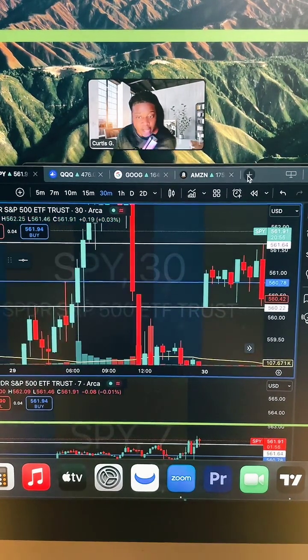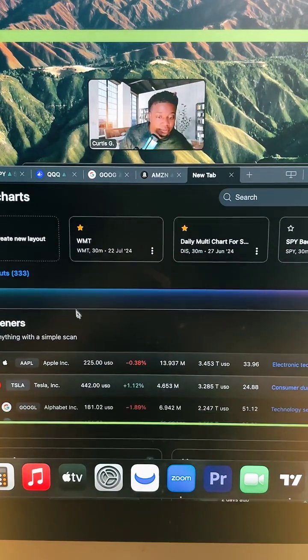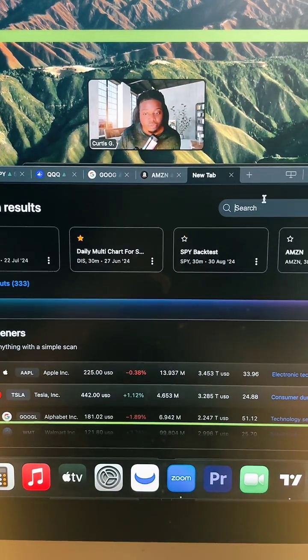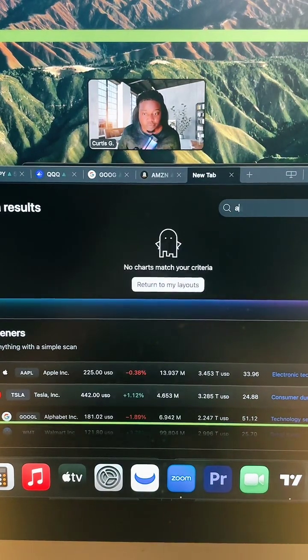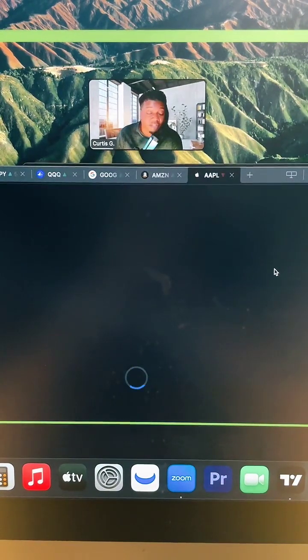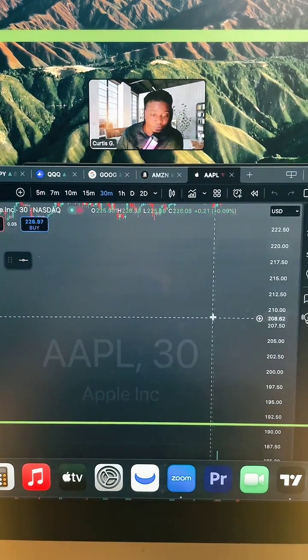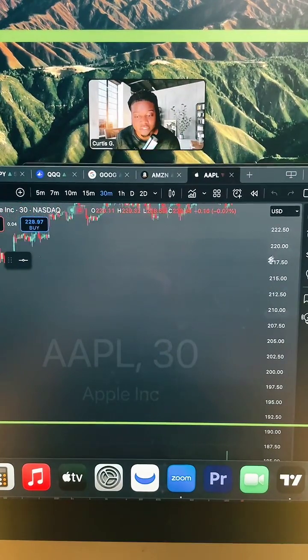I think we saw it on Apple. Let me go to Apple. Give me just one moment. We want to go to Apple. AAPL. All right. So the cool thing is I primarily tested this on SPY, but you can apply this to any ticker symbol, right? And we're talking about my bullish engulfing strategy. Let me show y'all. Let me let this load up. Give me just a second.